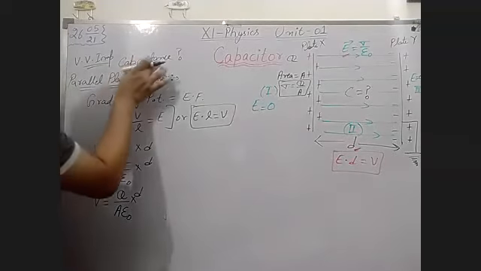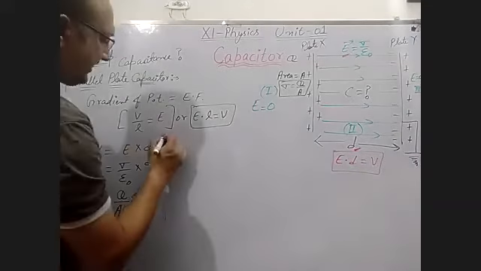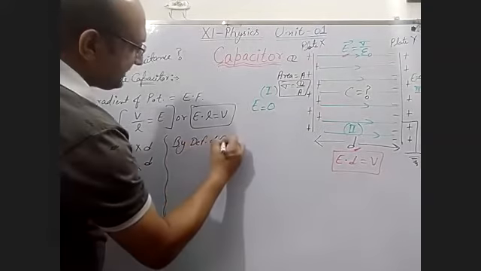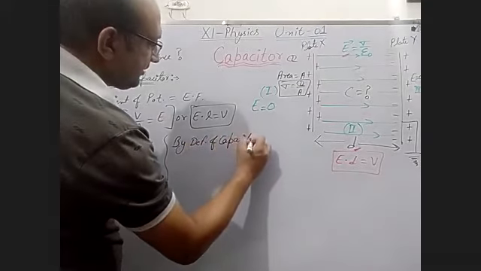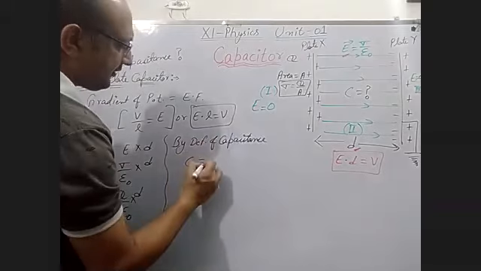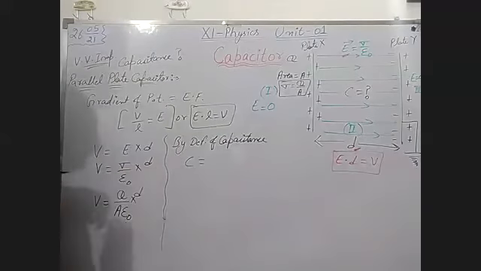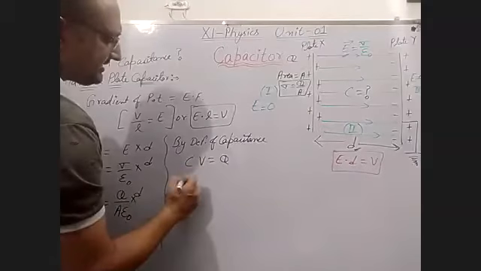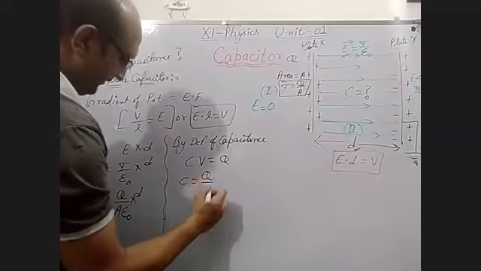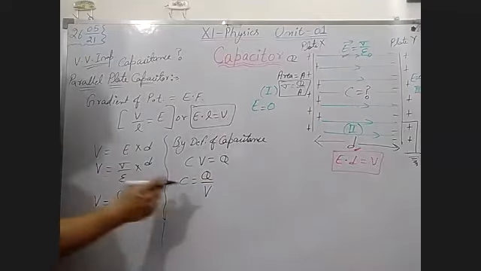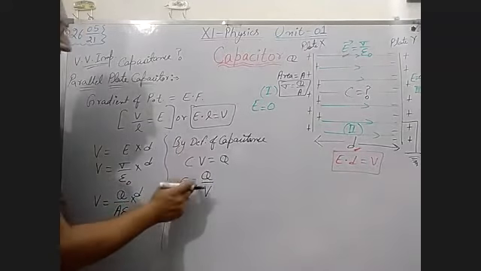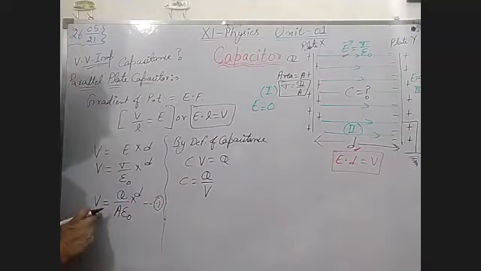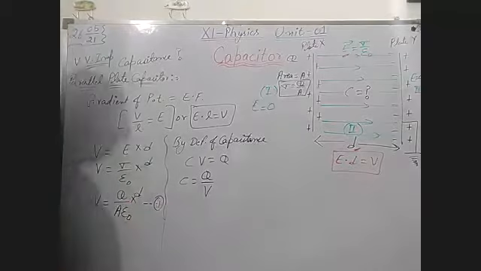But we want to calculate capacitance. Now by definition of capacitance, what is the formula for calculating capacitance? C is equal to, or you can write CV is equal to Q, and C is equal to Q by V. This is the formula by definition. Okay, C is equal to Q by V. Now put this V in this equation. We will get Q by